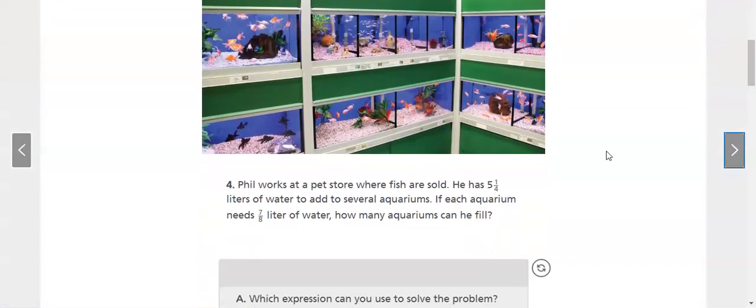Phil works at a pet store where fish are sold. He has 5 1/4 liters of water to